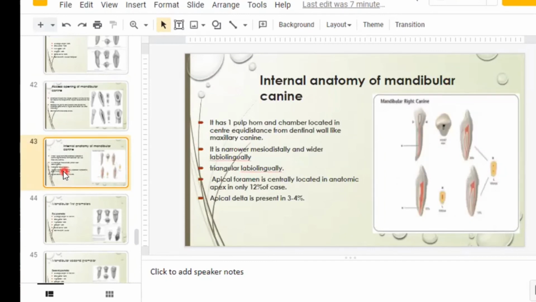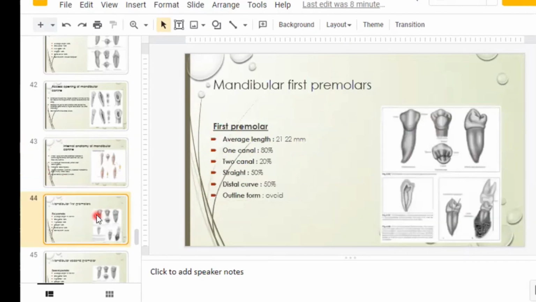Next, for the canine also it is the same: number 2 bur, drop, safe, and everything is the same. Again, for the canine you have an extra canal as shown in this picture. You have to do a little bit more at the expense of your cingulum. Now your premolars have started.